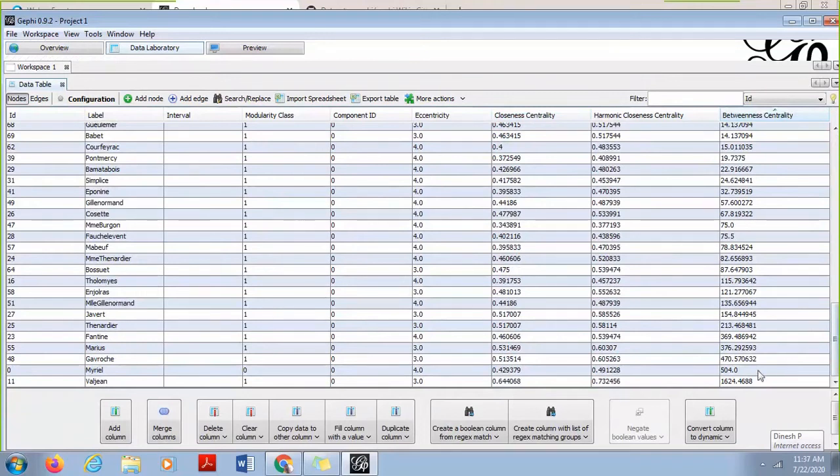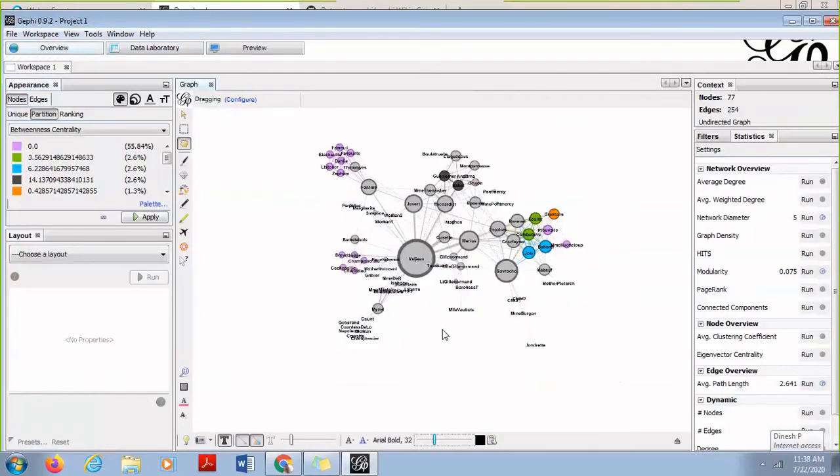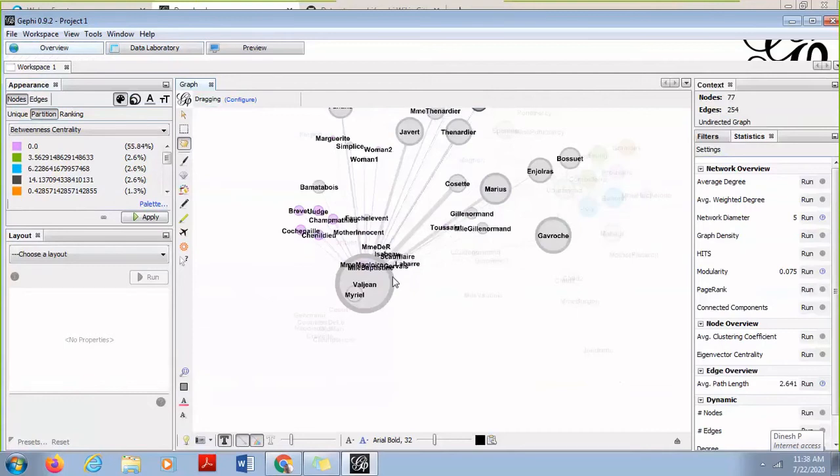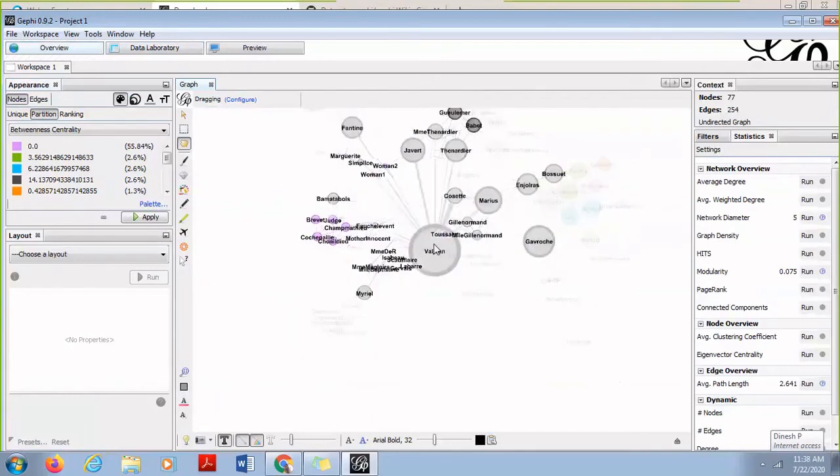you will see that this is the node which has the highest centrality, and you can see that it is connected to more networks. As betweenness centrality says, if I want to move from one community to another community, or from one node to another node, I have to pass through this node the maximum number of times. Therefore this node becomes very important when you talk about the social network or the influence of the node in this network. Okay, so that is how betweenness centrality helps.